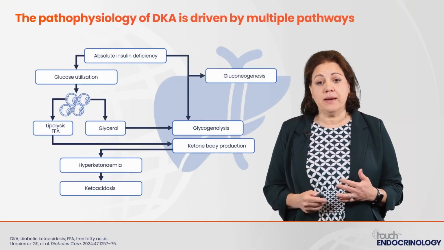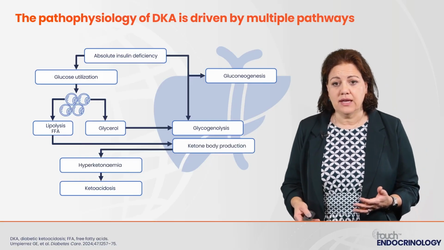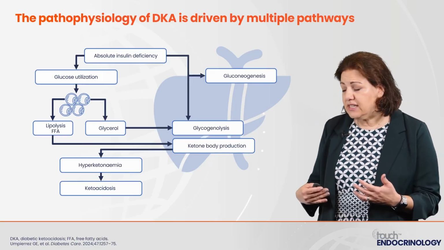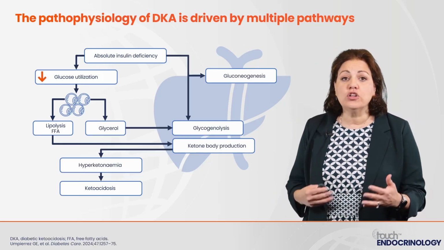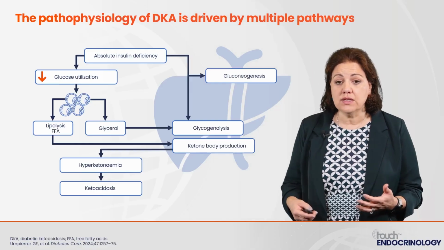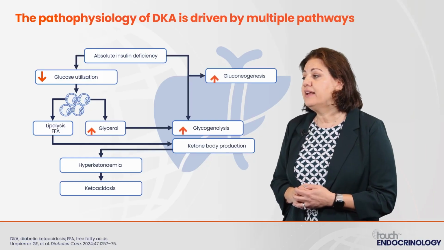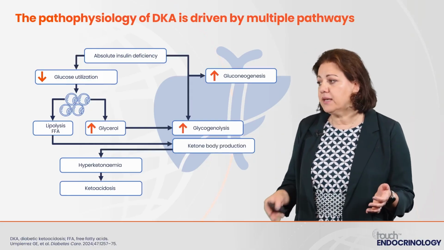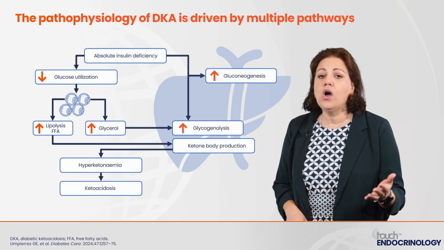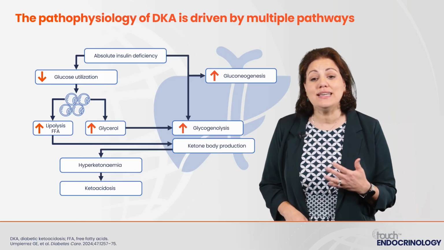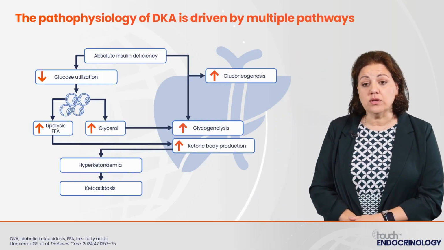But DKA is driven by a number of factors. So individuals with diabetes have an absolute insulin deficiency. And so even though glucose is being ingested, the body falsely thinks that it's starving. So we turn to alternate mechanisms to provide fuels. And those fuel sources can come from increased gluconeogenesis and glycogenolysis from liver and muscle, as well as lipolysis and generation of fatty acids. All of this in turn leads to increased ketone body production with subsequent hyperketonemia and eventual